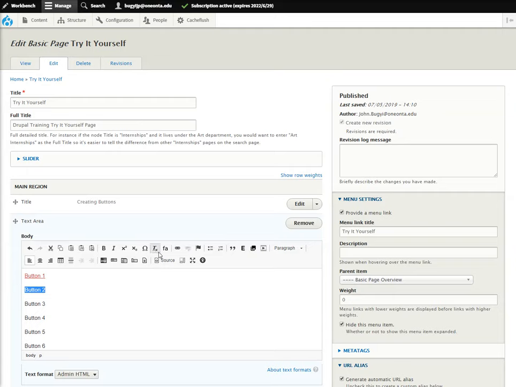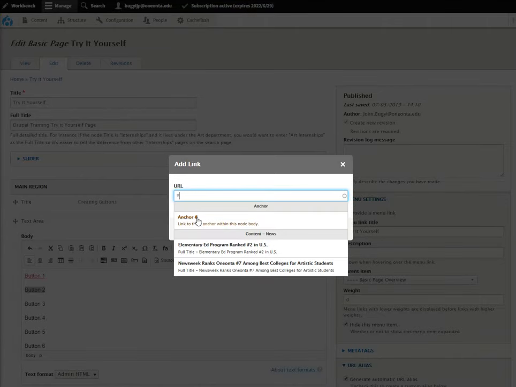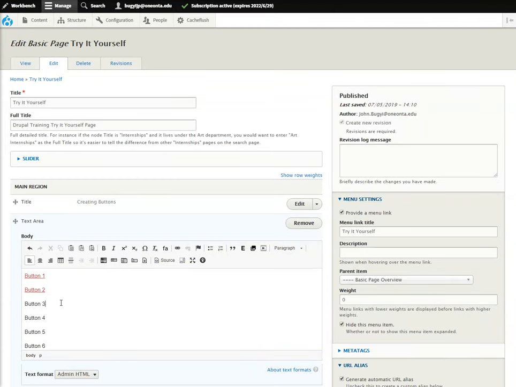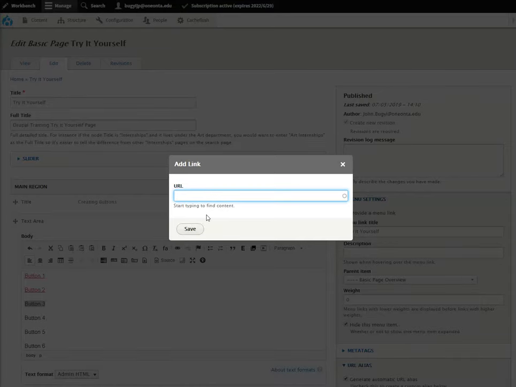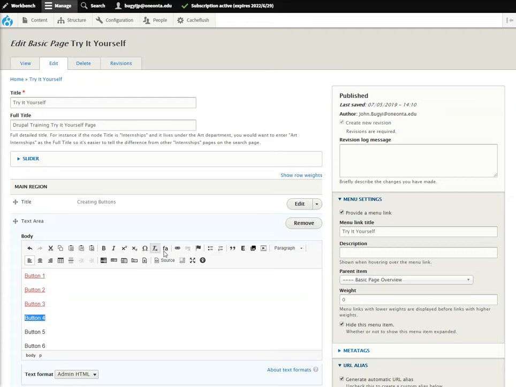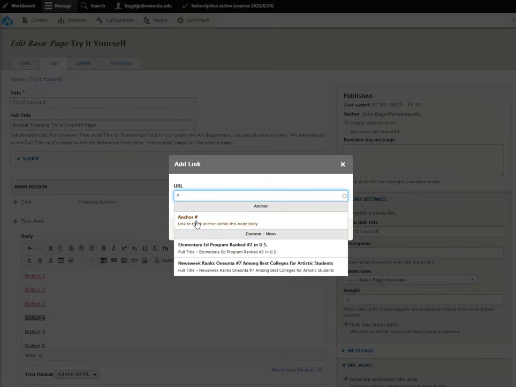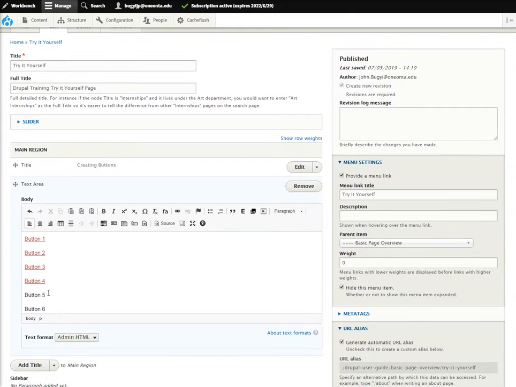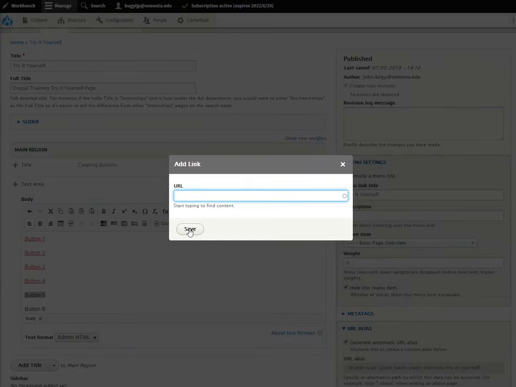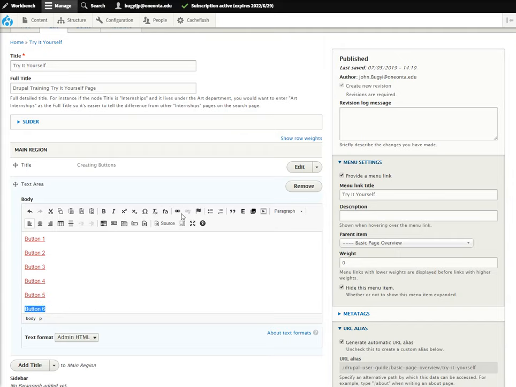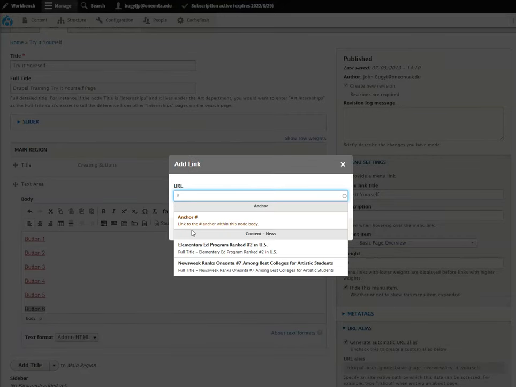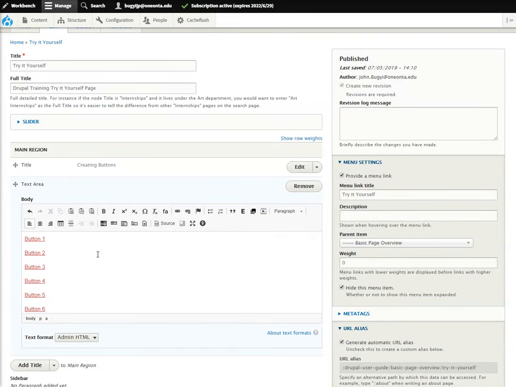All right, let's do the same thing for the rest of these. We'll make them all active links. And the last one. All right, now to turn these into a button, we're going to just put our cursor on the button or